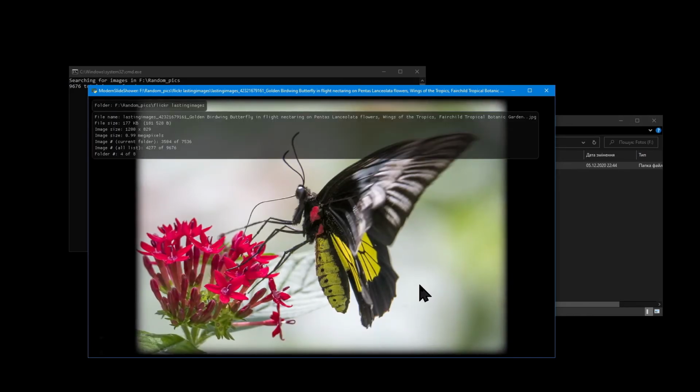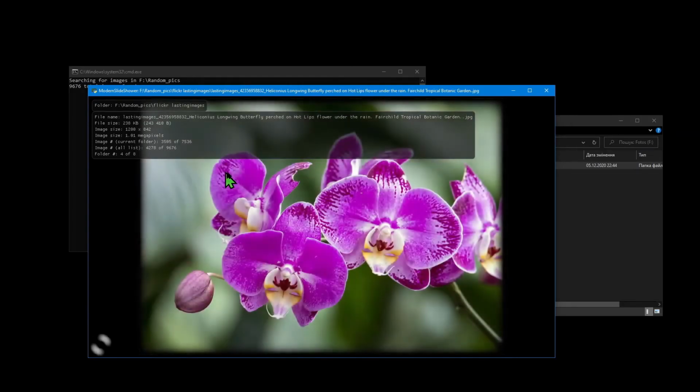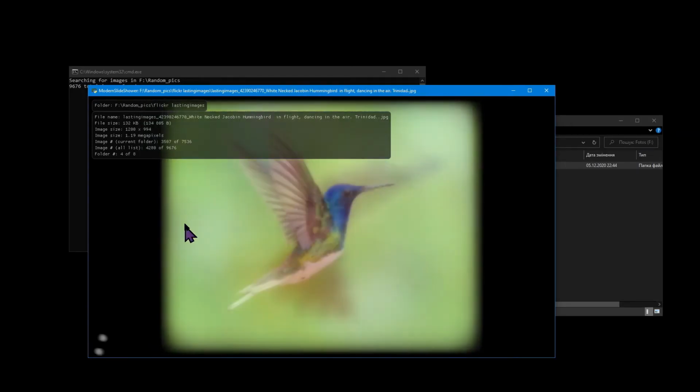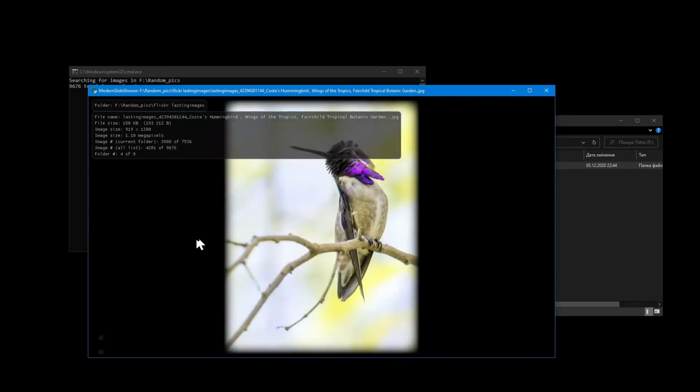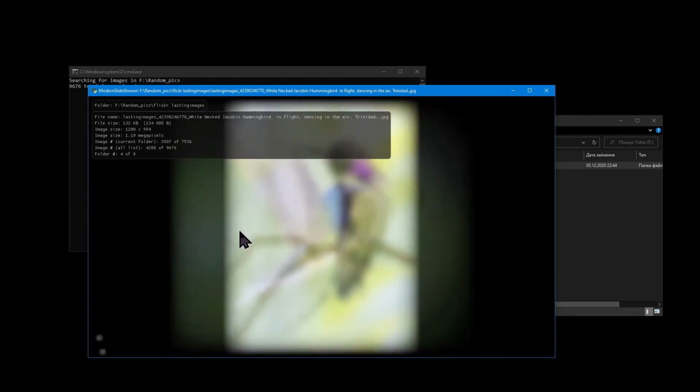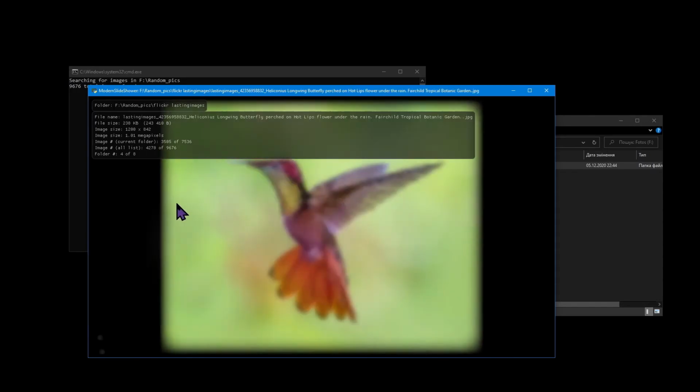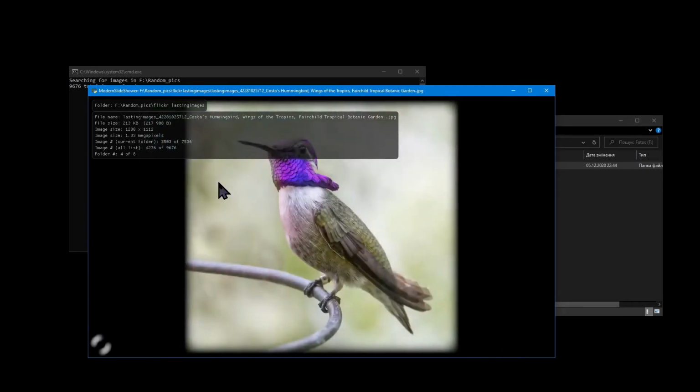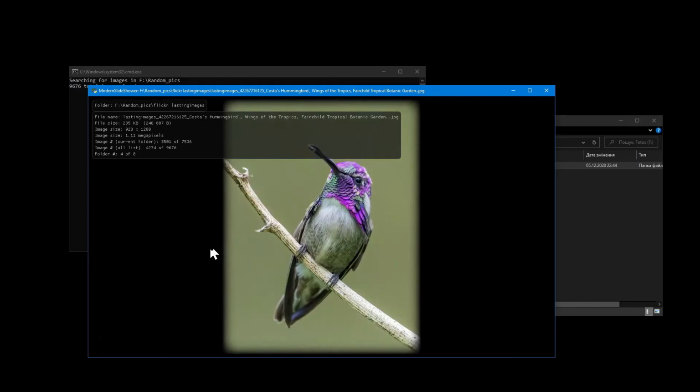If we pop up image information, you can see it by the change in image index in the current folder or image index in the whole list. To switch to a previous image in the list, all you do is move your mouse cursor counterclockwise. The switching type feels very intuitive once you get used to it.